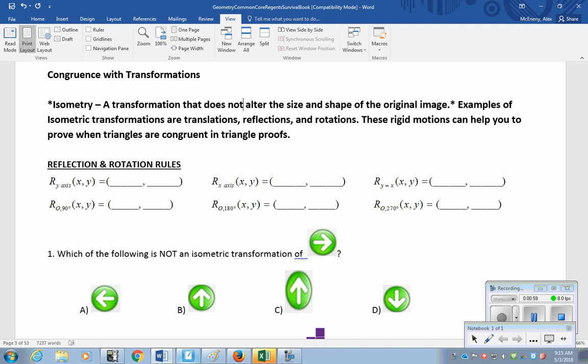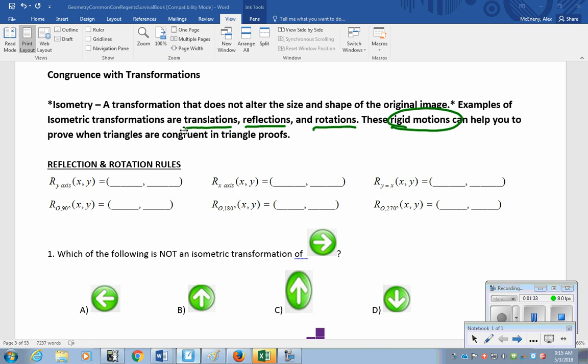of the original image. So in this section, we're going to focus on translations, reflections, rotations, sometimes referred to as rigid motions. And sometimes you may run into questions where you have to say if it's congruent to a new shape, and you have to use those rigid motions to help you with that. So we're going to go through the rules, talk about reflections first, and we'll also talk about some of the